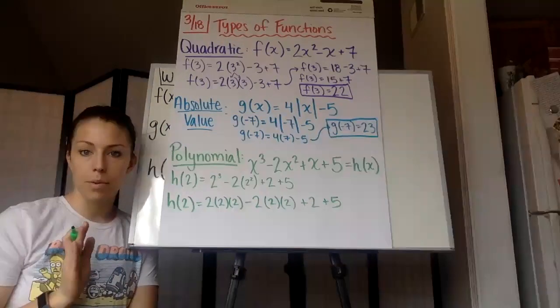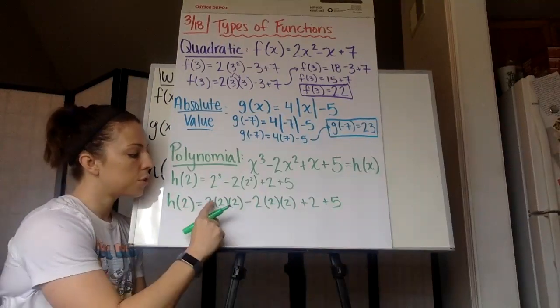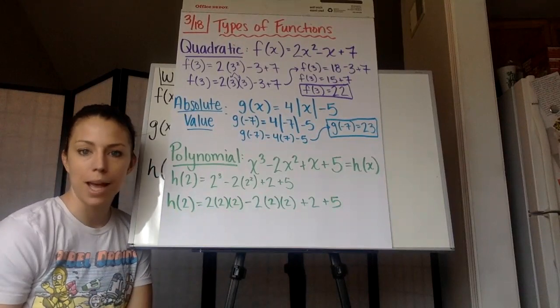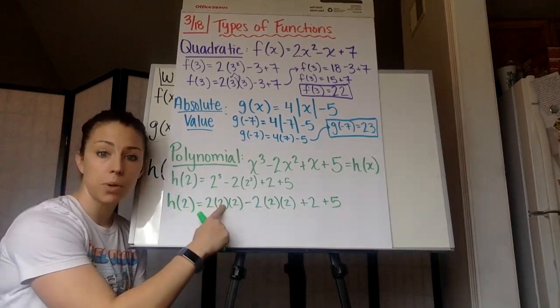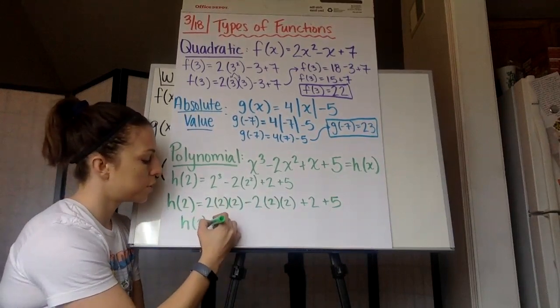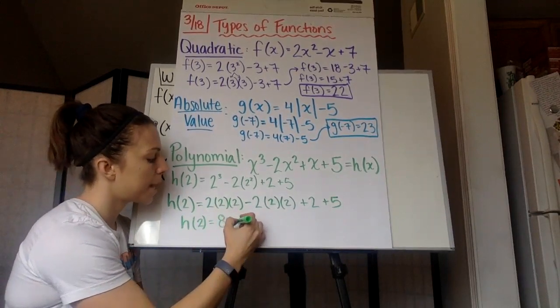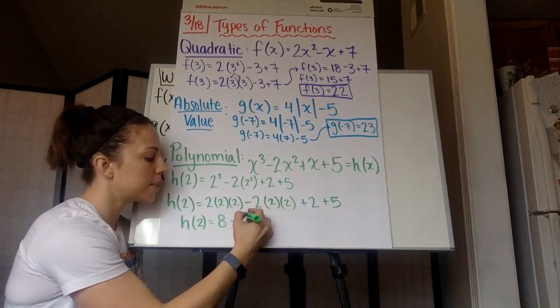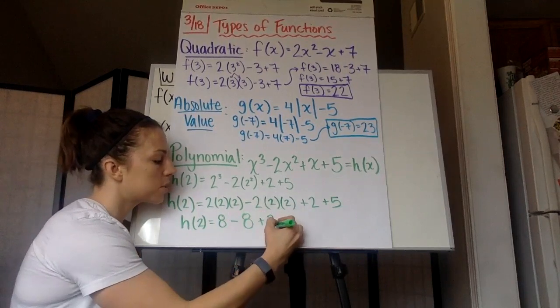Now here's the most common mistake when we do this. We read this as 2, 4, 6. You're adding, you're not actually multiplying. Take your time here. 2 times 2 is 4. 4 times 2 is 8. So this is h of 2 is 8 minus, well, wait a minute, this is the same thing. 2 times 2 is 4 times 2 is 8. So that's 8 minus 8 plus 2